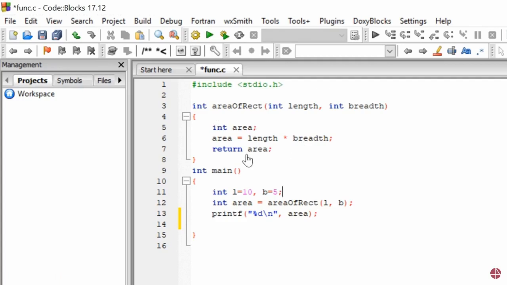Because the type of this variable is integer, therefore I need to write int over here, which is the return type. That means after the calculation, this value is returned back to this particular point. That means this will get replaced by 50, which will get stored inside the area variable, and then we will simply print area on the screen.